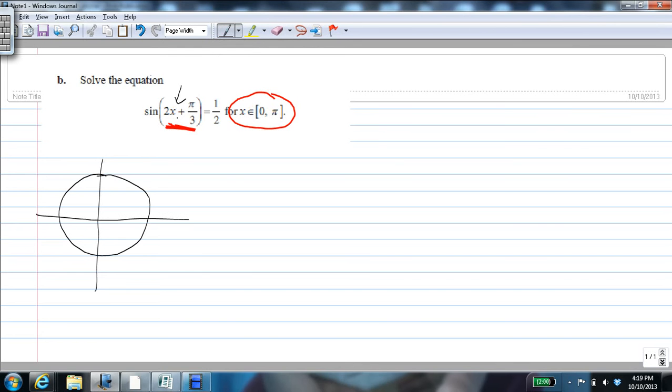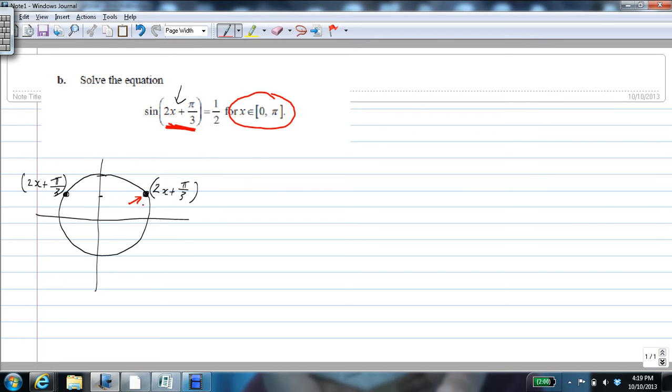And we see that this angle 2x plus pi on 3 has a sine value of a half. So we're talking about an angle here and also here. So this is where 2x plus pi on 3 is here and also over here. So we need to now establish a reference angle, a first quadrant reference angle. So this angle here,